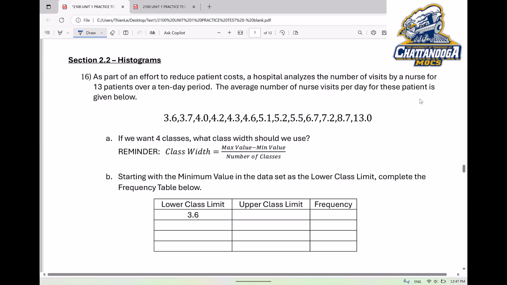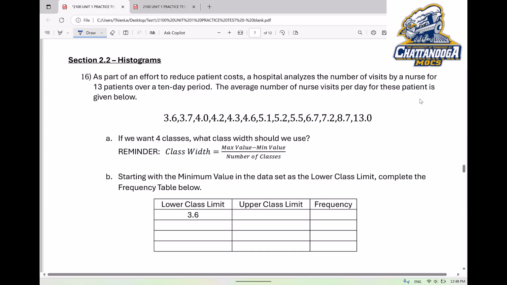As part of an effort to reduce patient costs, a hospital analyzed the number of visits by a nurse for 13 patients over a 10-day period. The average number of nurse visits per day for the patient is given below. So what happened in here, basically, each patient, right, when they stay in hospital, they get